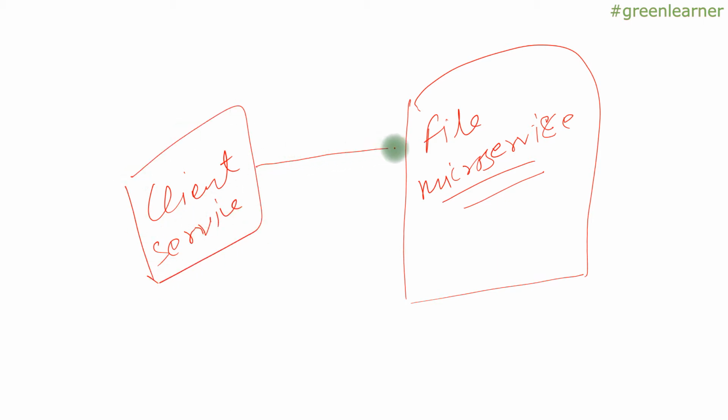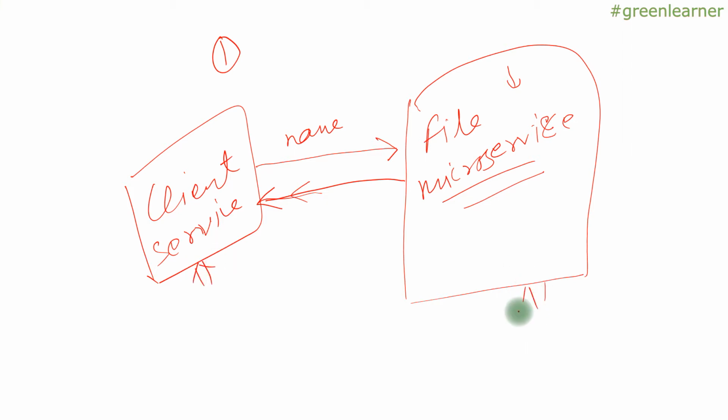Now this client service is going to call this file microservice, and the file microservice is going to respond to the client service, right? So the first use case is like this. For example, you want to retrieve a particular transaction file that is with the file microservice, that you have already uploaded into the system. It is related to a user, or to some transaction or accounting detail. You will give the name of the file, and as per the response, the file microservice will give you the file details and the content of that file, and it will store that file into the client service location in some folder, right?